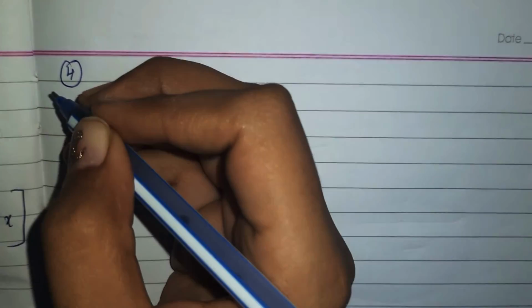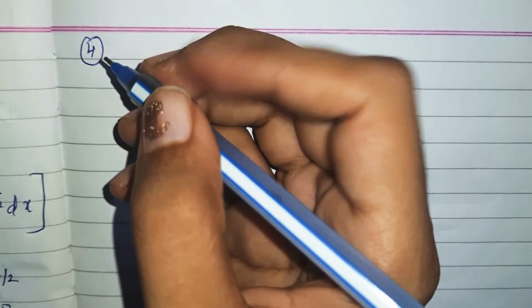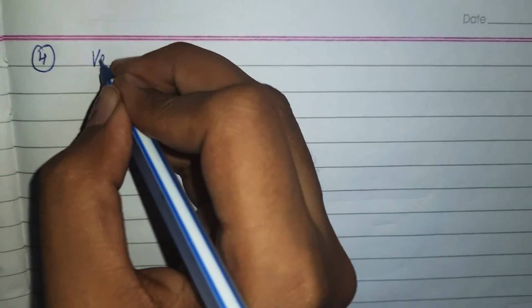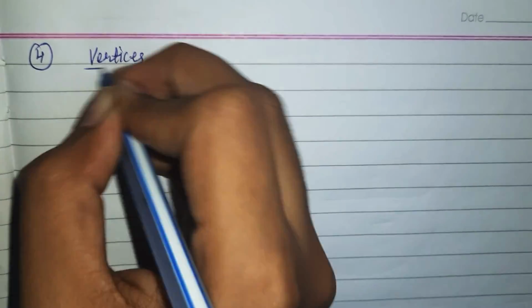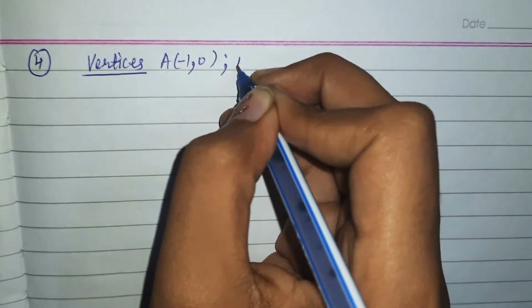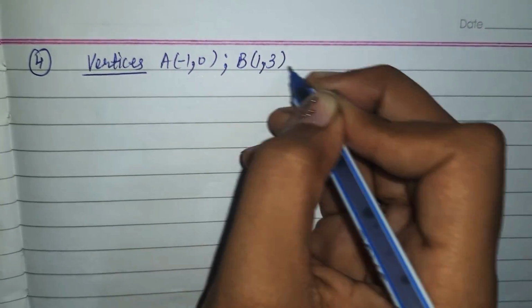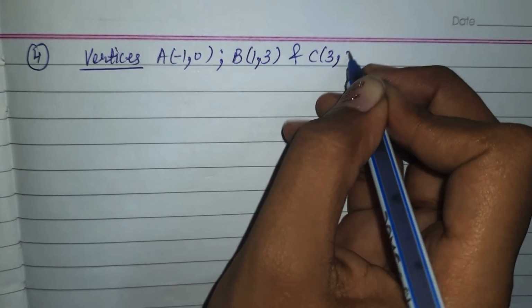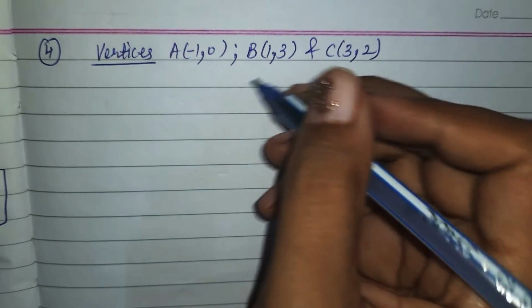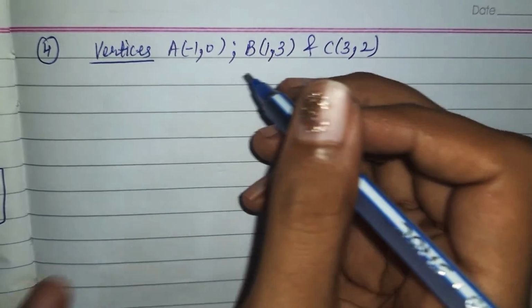Okay. Now, the next two questions are important from the examination point of view. In question number 4, we have a vice versa situation. Using integration, find the area of the region bounded by the triangle whose vertices are given. Let's suppose A is minus 1, 0, B is 1, 3 and C is 3, 2. What you need to do for this type of question is, since these three vertices are given, firstly you will make the diagram.